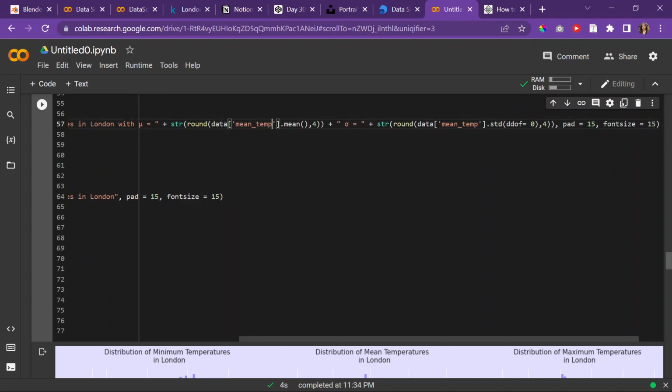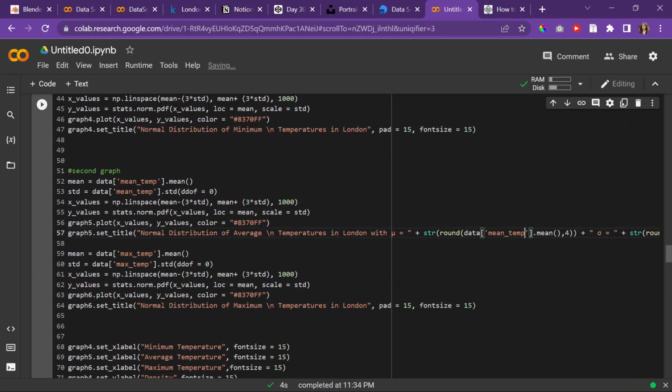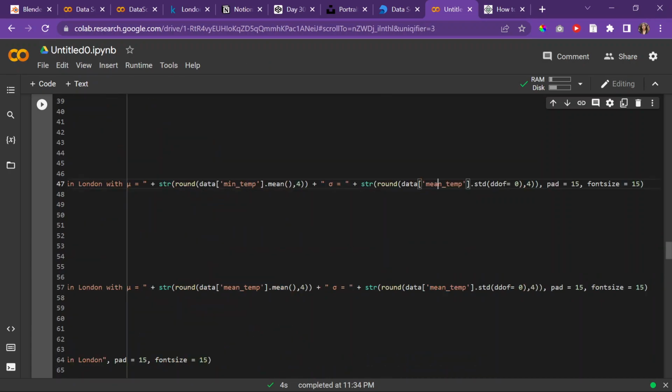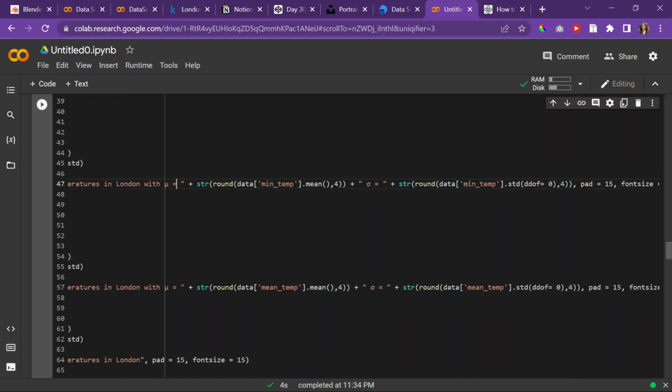That's for graph 2. And then for graph, what in the world? I mean, not graph 2, graph 5. So 3, 4, 5, right? And so then this one is supposed to be the min temp, and then min temp, and then